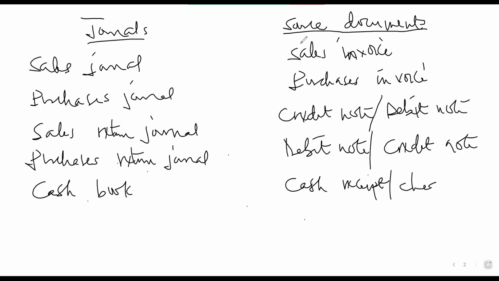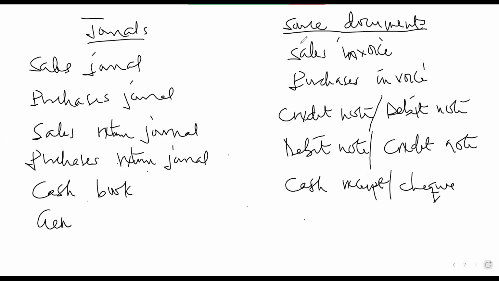Cash receipt, check. We also have what we call a check counterfoil to recognize a decrease in the bank whenever you are going to be paying. So when payment is made out of the bank, we use a check counterfoil. So you also will be using payslip, but these are the ones that you see.